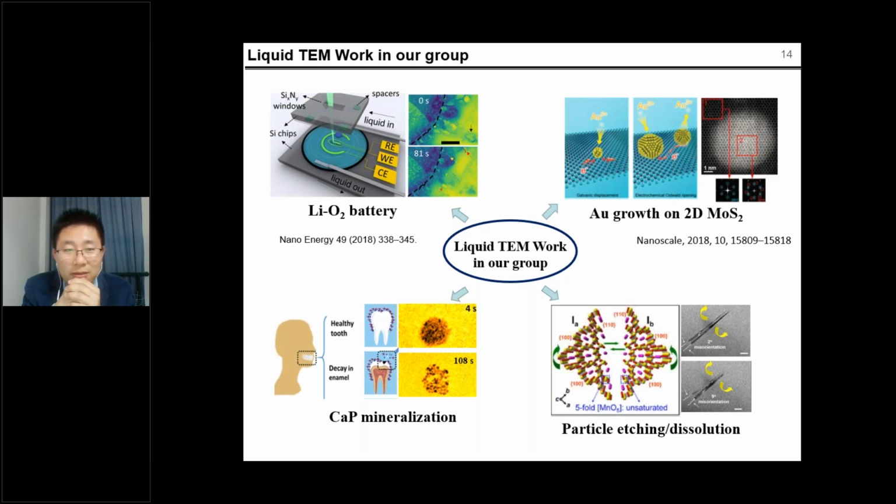I can talk a little bit more about some other works that we use liquid TEM to study material science. The first one is the lithium-oxygen battery. I just talked about this one. The second one, on the top right corner,